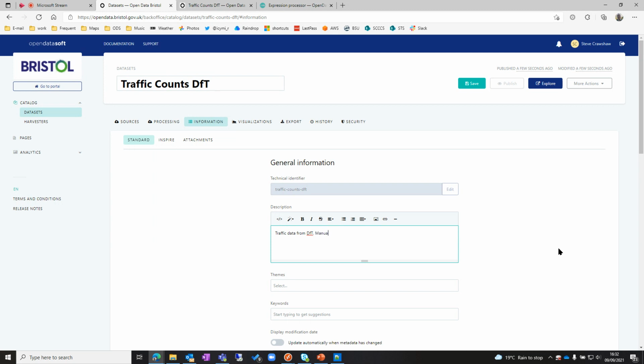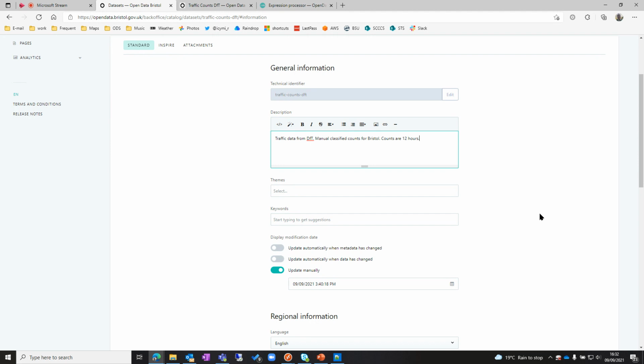And what we've got here is manual classified counts. Counts are 12 hours. And we would put in any relevant information in there that helps people understand what the data is and